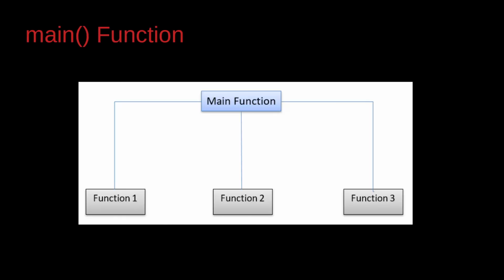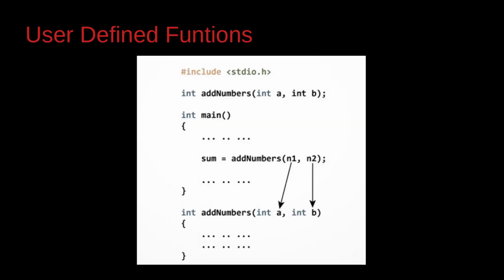Now, the main function. This is the only function that runs by default and all of the code you type should directly or indirectly link up to this one or it will not run in any case. There are many return types of this function but the most commonly used is integer type. After the main function are the user-defined functions. These functions are made by the user to perform a specific task of whatever the programmer programs it to. These are optional and don't always exist in smaller programs, but these become a big part of C later on.